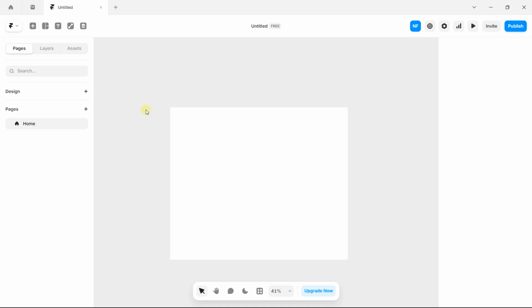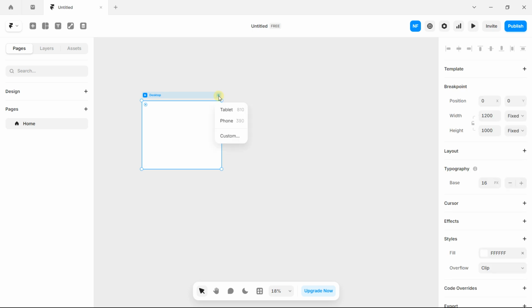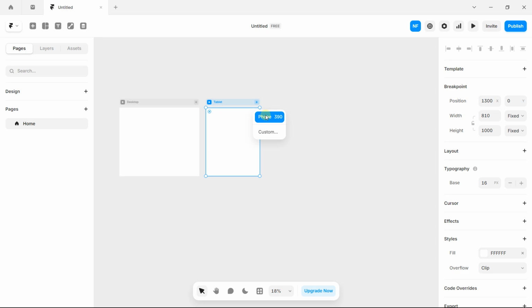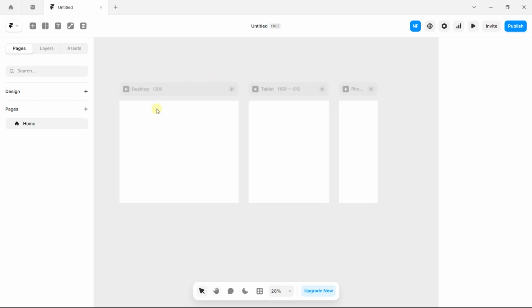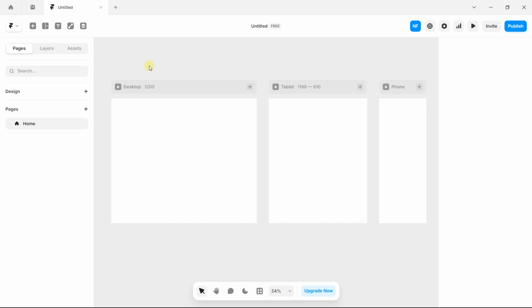So we are going to start with the stack. The first thing that I'm going to do, I have the desktop here and I'm going to add my breakpoint. So I will click here and I will add the basic breakpoint. The first one is tablet, and I will add another one, it is phone. You can work with more breakpoints. We are going to just make these 3 breakpoints in this example tutorial, but you can create more breakpoints. I will create something like a section, like a block, and after we'll see step by step how